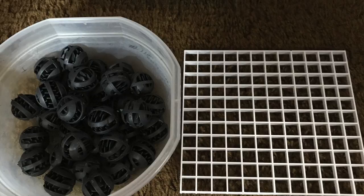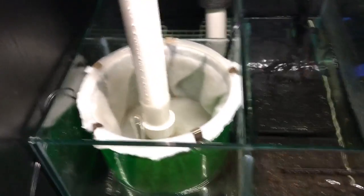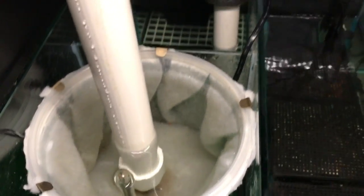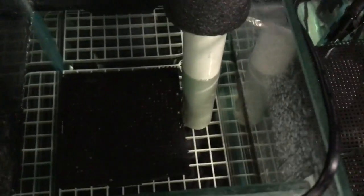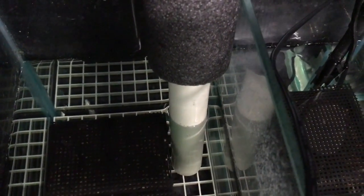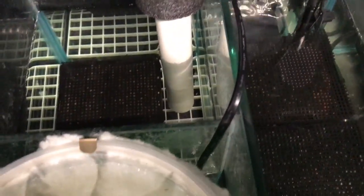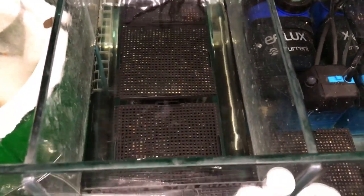Inside the sump, I decided to add 2 more biocenosis clarification baskets. Behind this pre-filter here is the second chamber, and that chamber now has a biocenosis clarification basket, as you can see, and it's sitting on top of the louver so water can get underneath it and all the way around it. And then from these 2 chambers, the first and second chamber, all the water goes to the third chamber here, where I have 3 biocenosis clarification baskets, and I have a pump down in there that